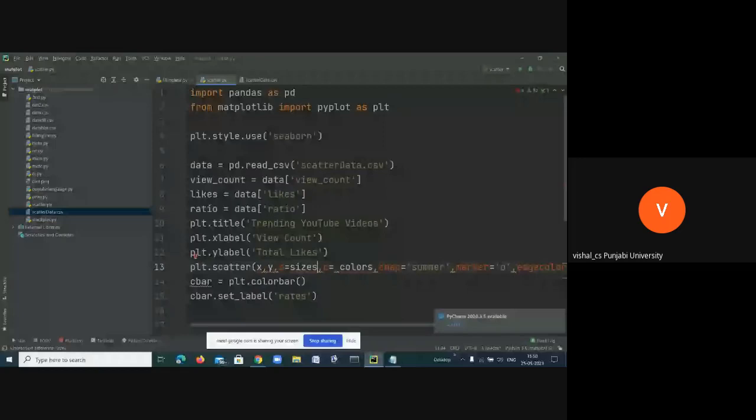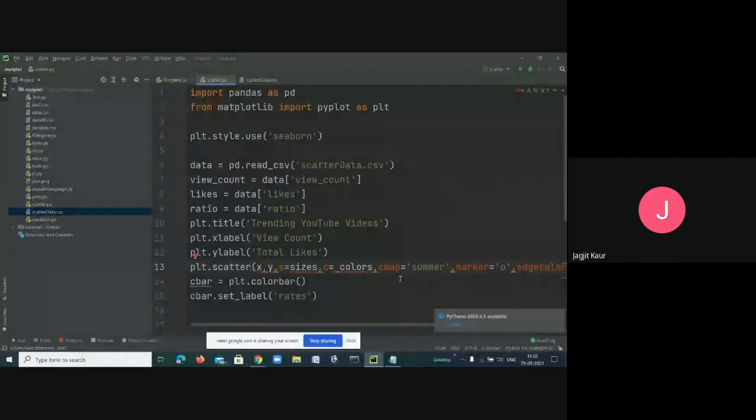Jagjit Kaur, tell me which arguments you have passed in this scatter. Marker, edge colors, line width, sir. No, from the starting, tell me.